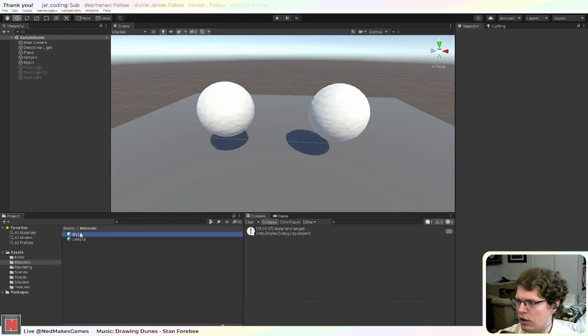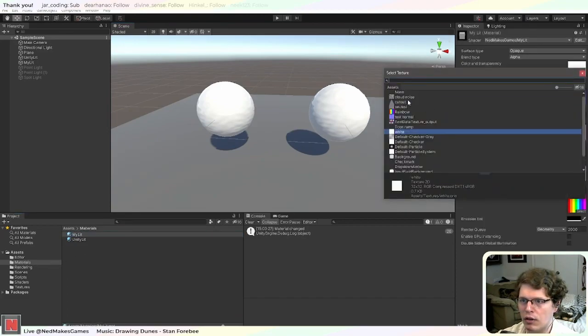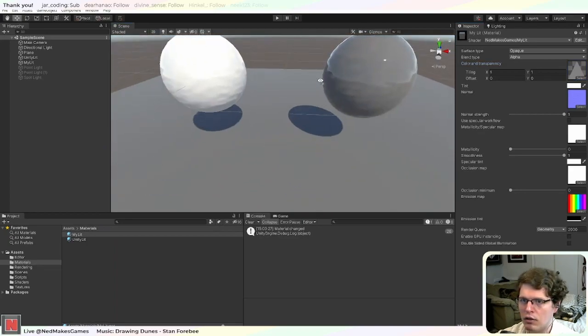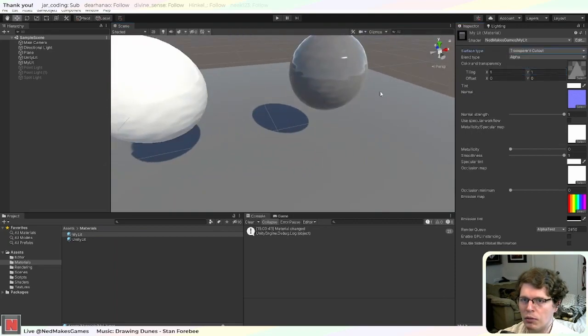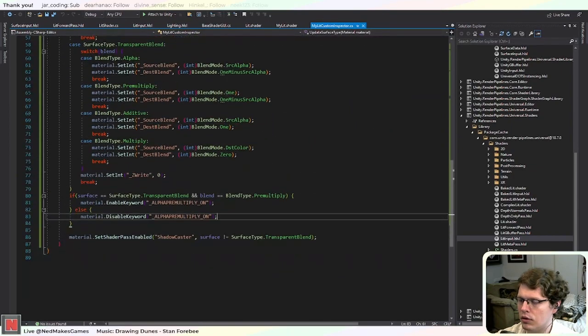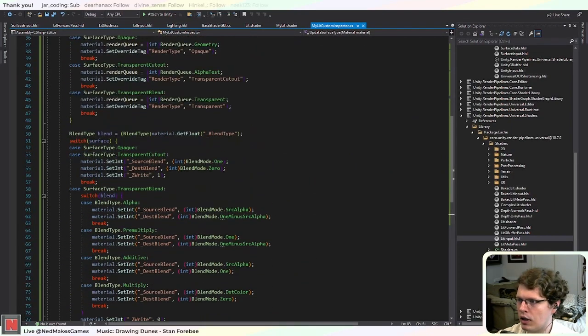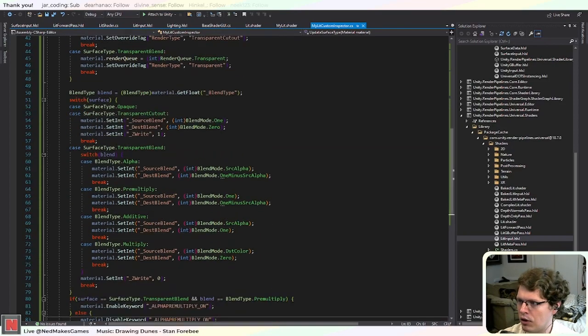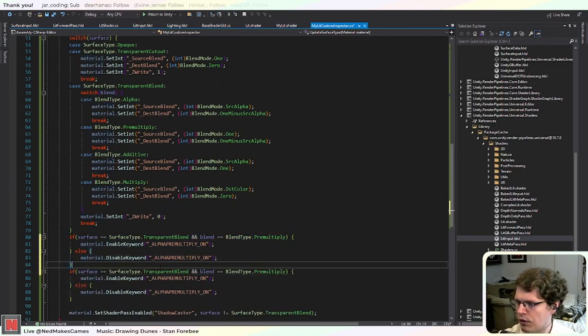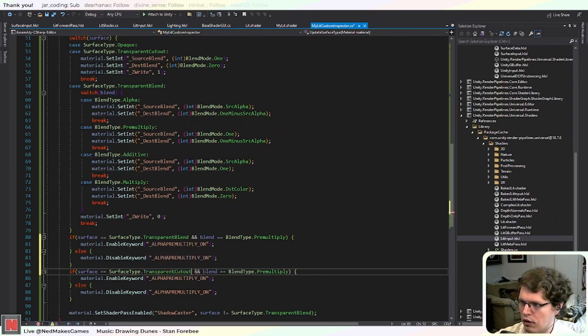All right, so now the next thing I need to check out is alpha cutouts. So I have this cutout material, but obviously it doesn't cut out anything right now. Even if I change it to transparent cutout mode, it's because we're not handling that yet. It's not super difficult, but let's go ahead and deal with the editor side first. So we need to do another little keyword like this. So surface type is transparent cutout. Then we'll enable